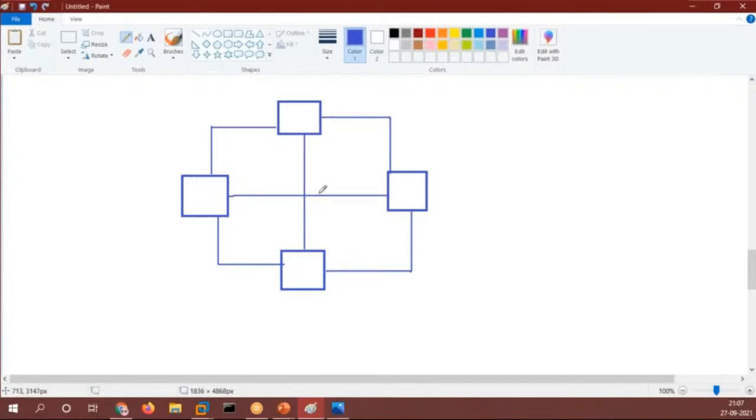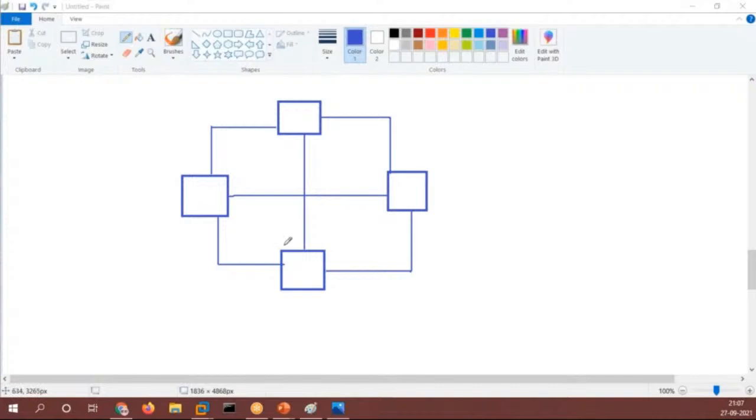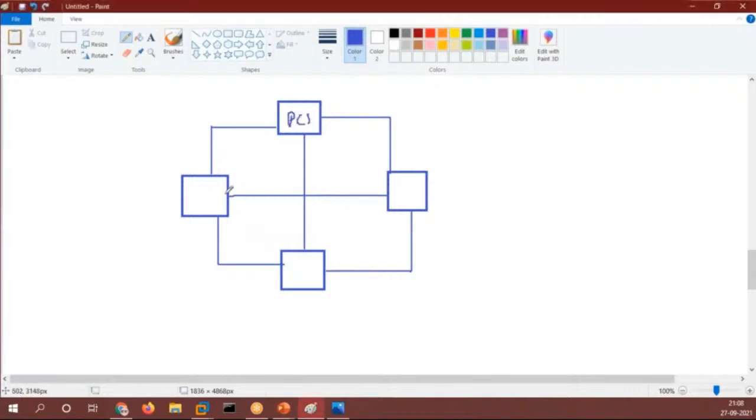Now guys, what we have is high reliability, right? So we have this PC1, PC2, PC3, and PC4. Right? Now if PC1 wants to send data to PC4, it has a direct link.